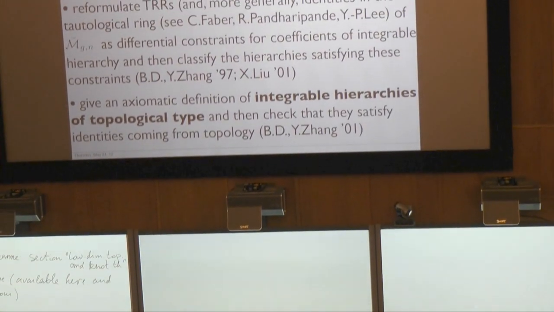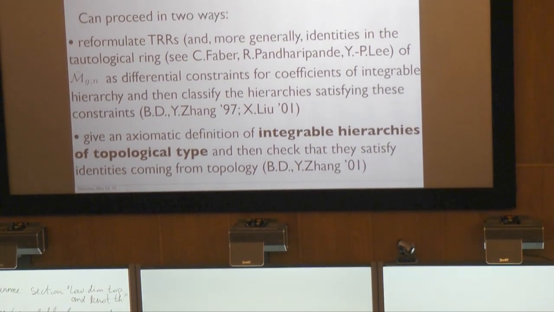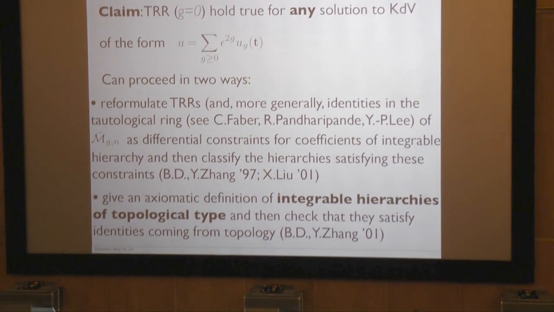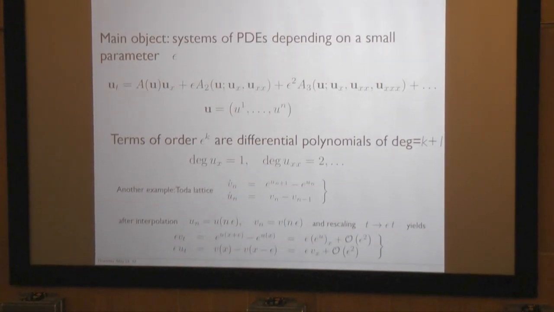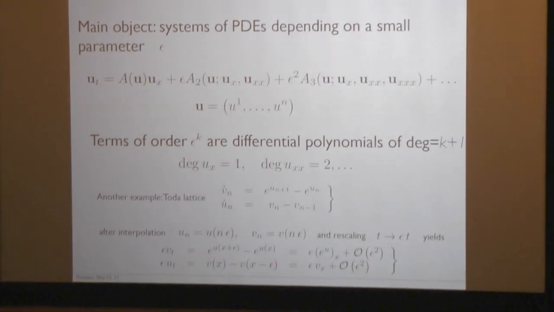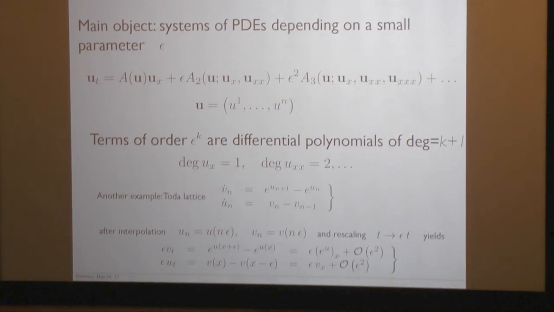I will briefly summarize what the main point is. The definition is rather simple, of course. If we want to be a little bit more precise, you have to work a little bit. It doesn't require any knowledge about topology. It requires some basic knowledge from the theory of integrable PDEs. First of all, what is the class of PDEs I'm considering? We consider a system, where this boldface u is now a vector-valued function with n components, and